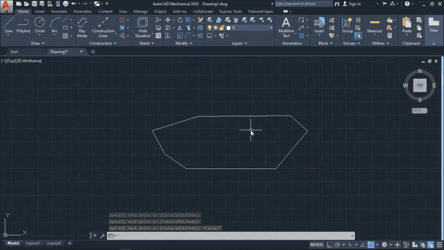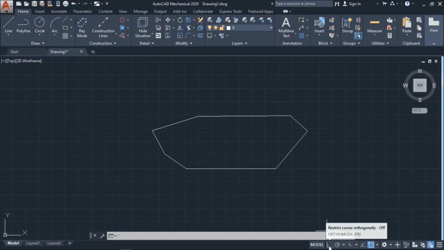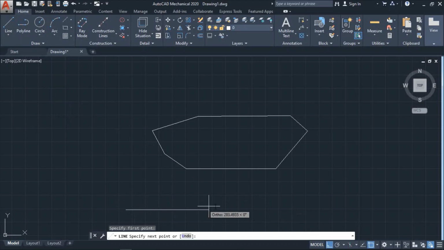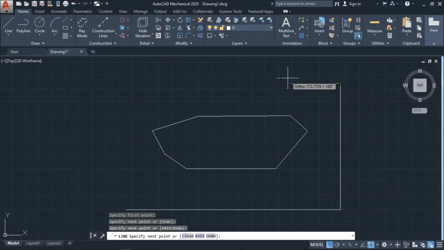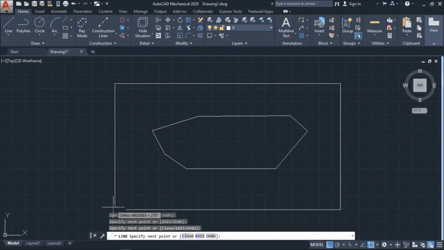So now what if you have to draw only lines at 90 degrees, like we have to draw a square or a rectangle or a section? For that we have the advanced function, that is the ortho mode function. Its shortcut is the F8 key, function 8 key. Whenever you start the ortho mode function, your line will only go at 90 degrees. Look, your line is only going to go at 90 degrees, like this. Whenever you have to draw any square or any rectangle, you have to use this advanced mode, that is ortho mode.